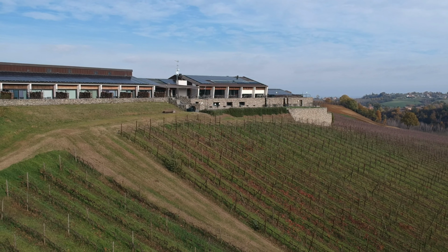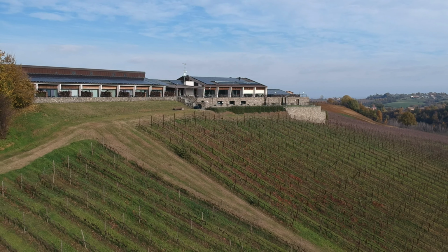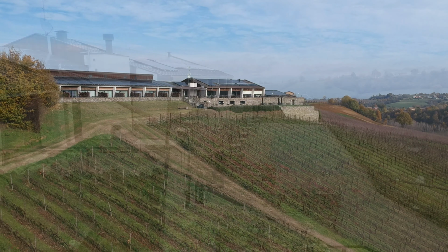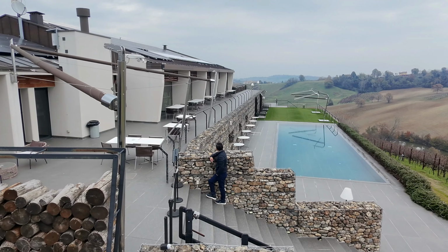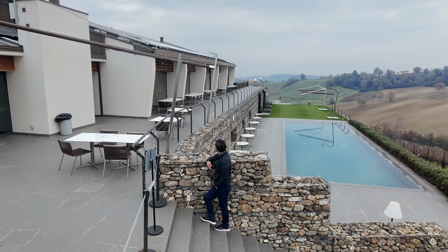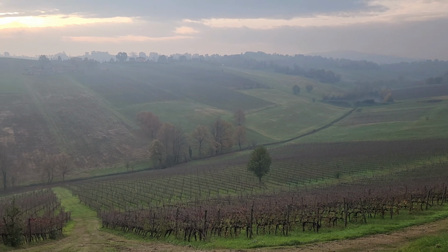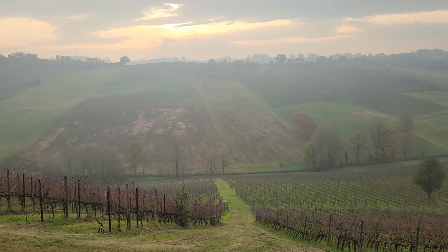This kind of accommodation is called an agriturismo, and it's essentially a farm or a vineyard with a B&B that is part of it. Now, waking up and having breakfast and coffee with this view certainly beat having coffee with a morning meeting back